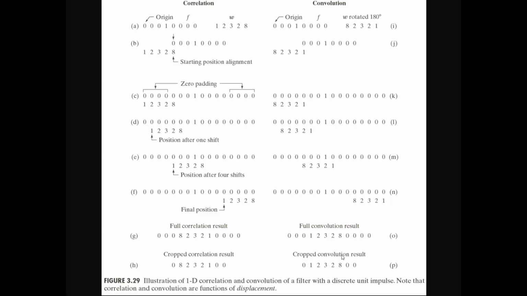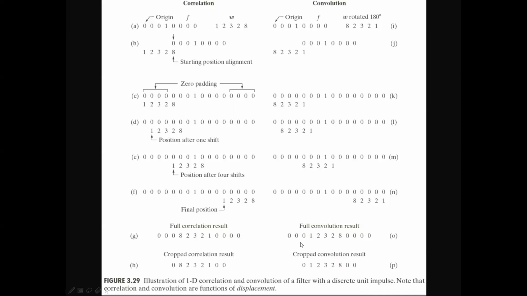So to get 8 samples, in step D, the full convolution result, we need to remove 2 zeros in front of the result and 2 zeros after the result. That means on the left side we remove 2 zeros, and on the right side we remove 2 more zeros. As shown in step E, we will get the cropped convolution result by removing the last 2 zeros and the first 2 zeros.